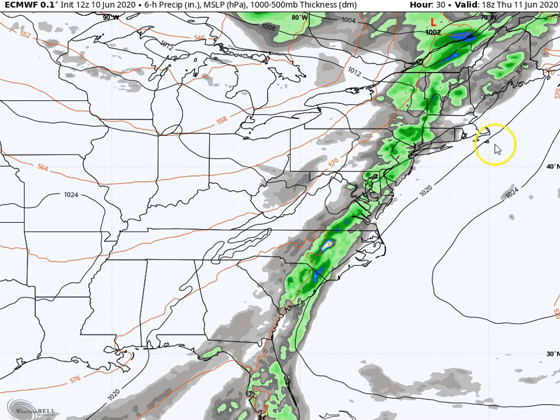For your Thursday, we're going to have a cold front moving through. Yesterday, we had a prefrontal trough in advance of that cold front moving through, so we had some scattered showers and thunderstorms, mainly in central PA, until we got into later in the evening, and that moved further east. We had a few scattered showers and thunderstorms overnight, and now this morning, we're going to have the actual